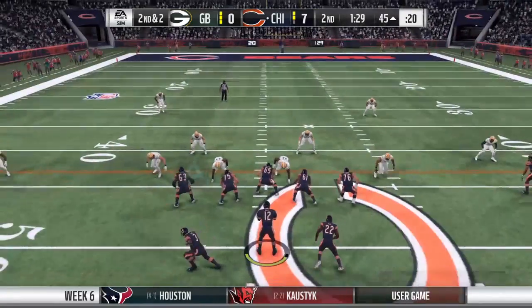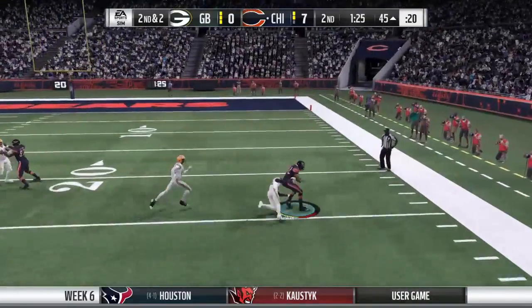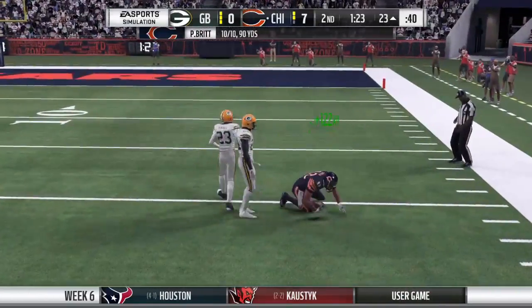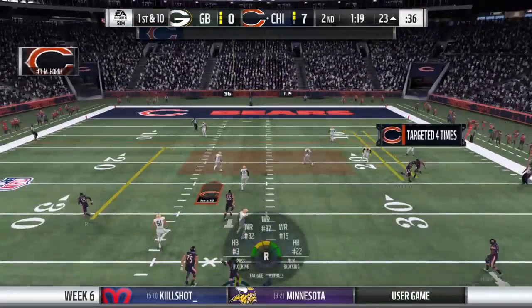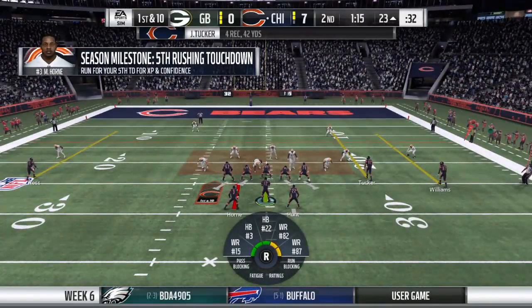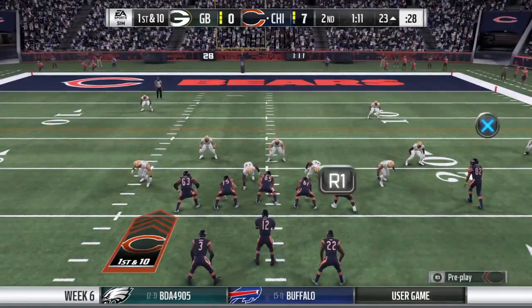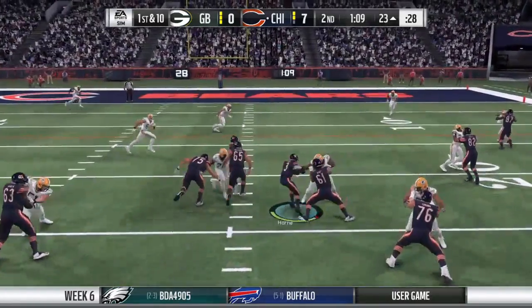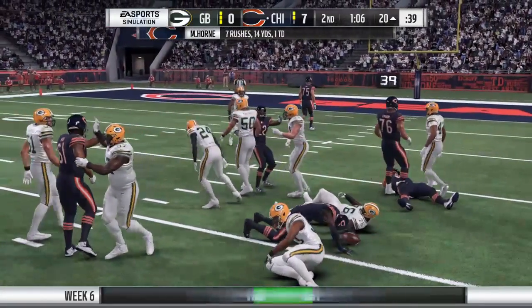Here we go. Out of the gun, they'll look to throw. Throwing right, and that's complete. And he goes down, but not before getting this inside the 25. A good pickup there, a 22. Here we go now. Green, 39. Green. They'll run it now out of the gun. And they'll get him down right about the 20. Give him...